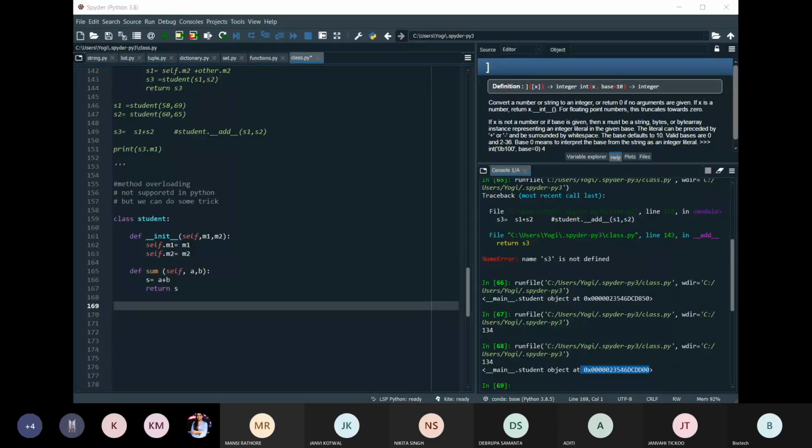Okay, if I do it like here, s1 is equal to Student, I'm going to create an object. I'll take this line from here.